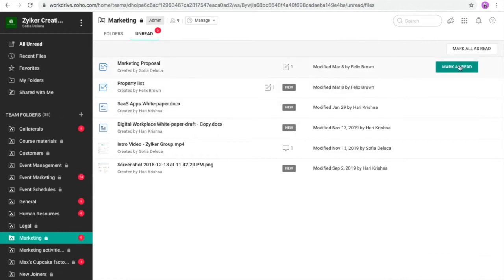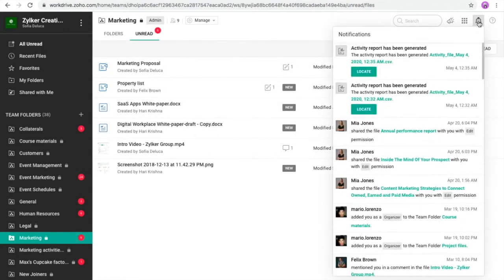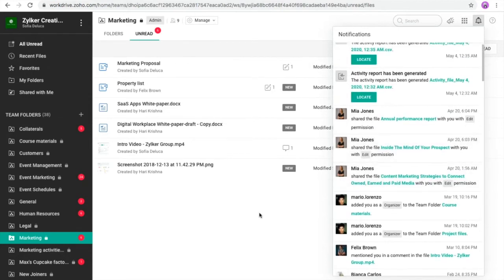And the second type of notification is the global notification that is available on the top right corner. So every time when someone adds you to a team folder, when they invite you to a private team folder, when there's a new public team folder created, or when someone mentions you within the team, within a file, then all of that is available here. So we've intentionally divided the notifications into two, so that you're not swamped with all the notifications in one place and you don't miss out on important updates.